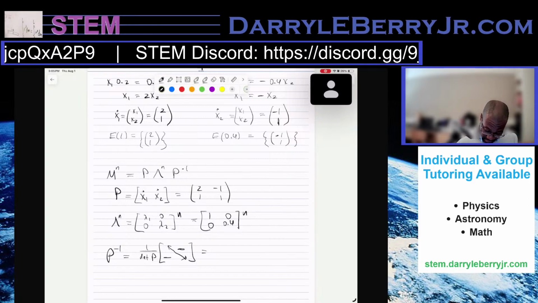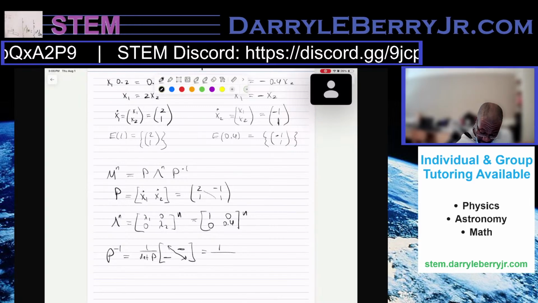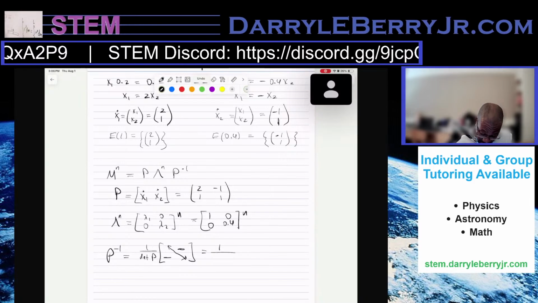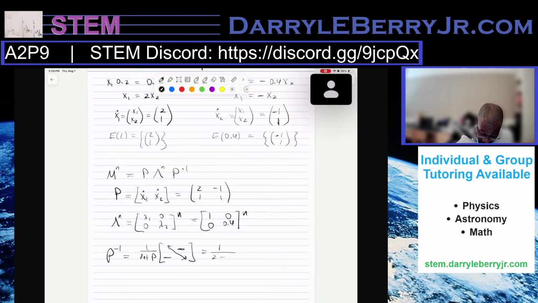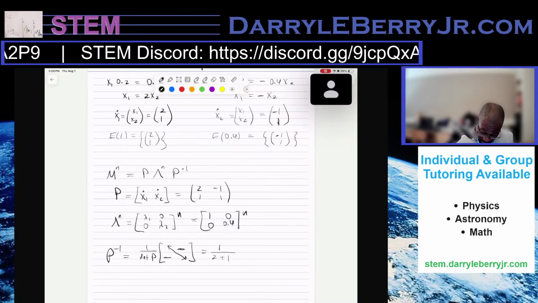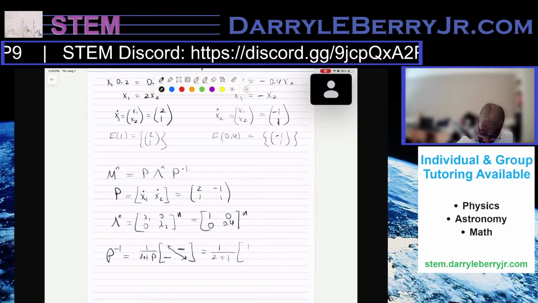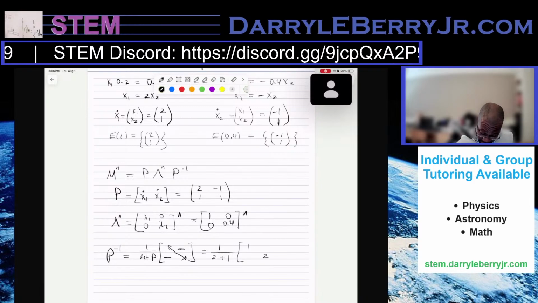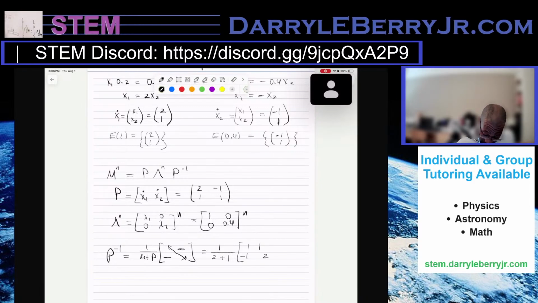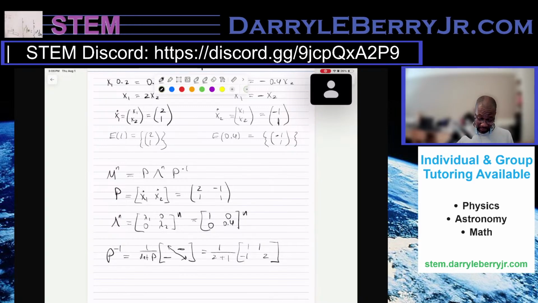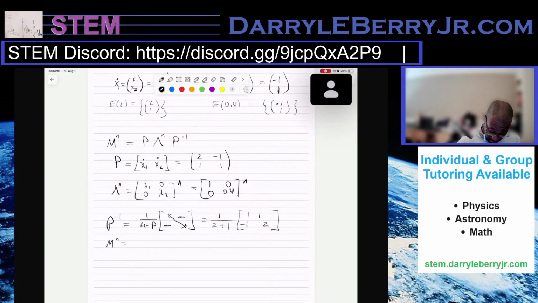So there's going to be 1 over 2 minus negative 1, so that's 2 minus negative 1 plus 1. And then we have to swap these, so that's 1 and 2. And then we swap the sign, so that's negative 1 and 1. All right, so that means that M to the n equals